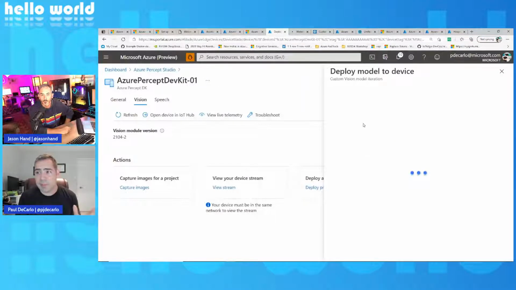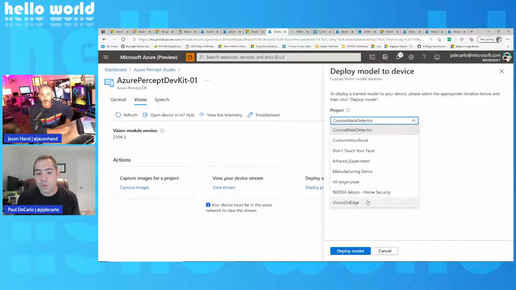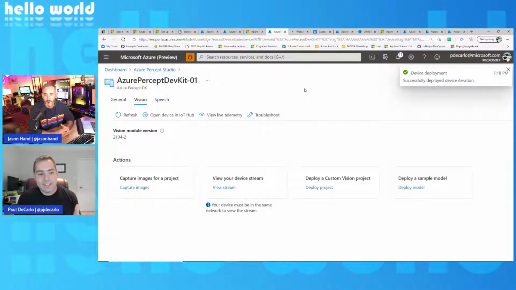Just for purposes of time, I'm going to go ahead and actually deploy this model down. But what's really cool while this is deploying, I'm going to deploy my latest iteration, is that if I need to grab additional images for my project, you can also do that from Percep Studio. So